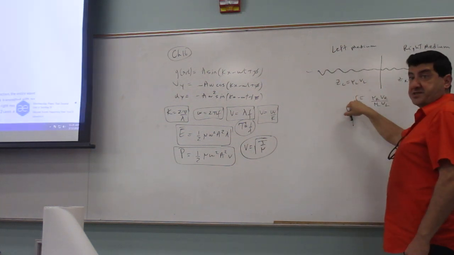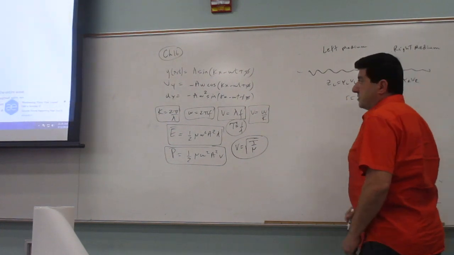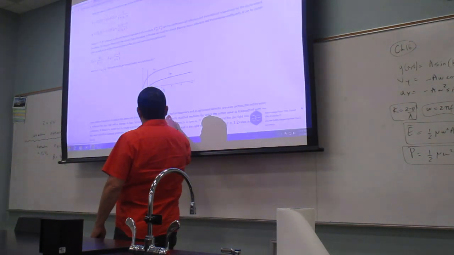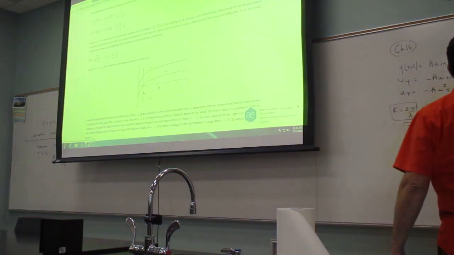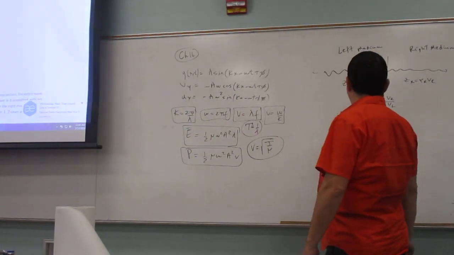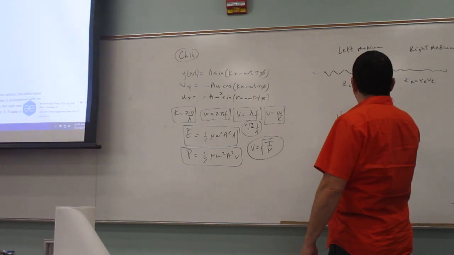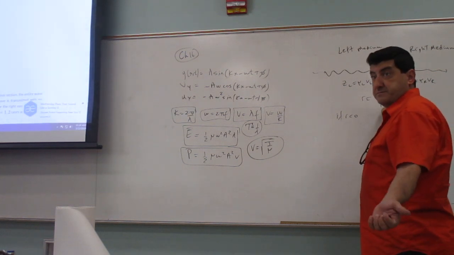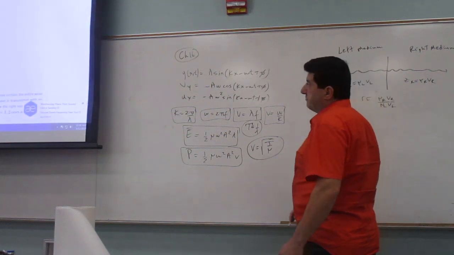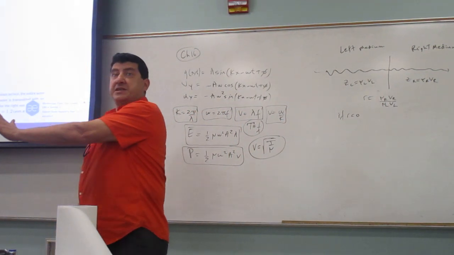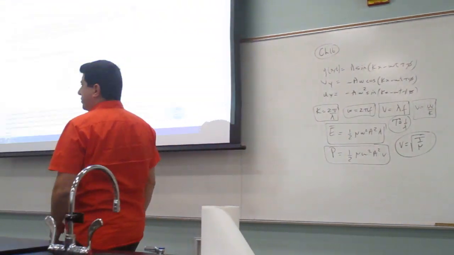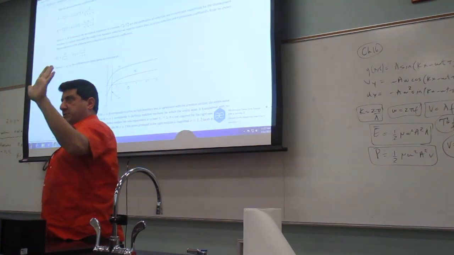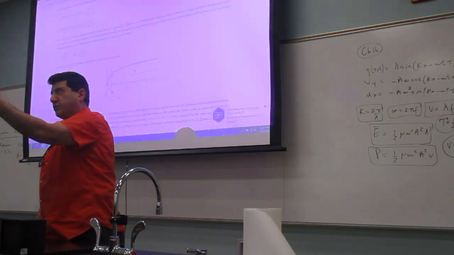So R is a unitless constant, therefore, right? So then if they're saying R is 0, what happens? If R is 0, that means the velocity in the reflected wave is 0. So that means there is no reflected wave, right? So that means all of the wave comes and transmits into the other medium. You see? So that would be something like a very transparent medium, like the windows. Most of the light that hits the window, let's say, transmits. Although there's very